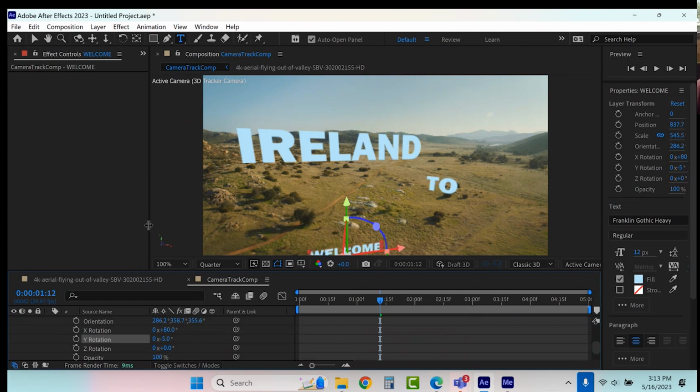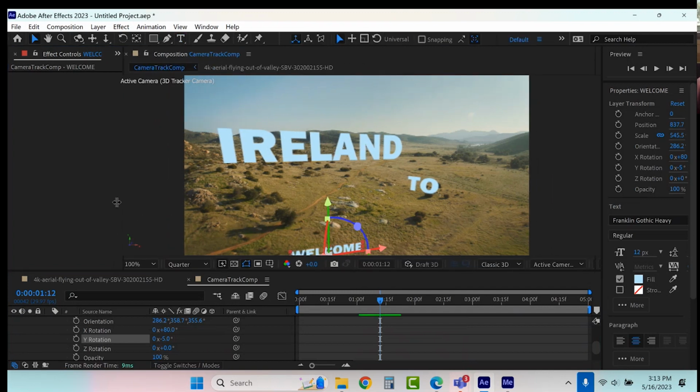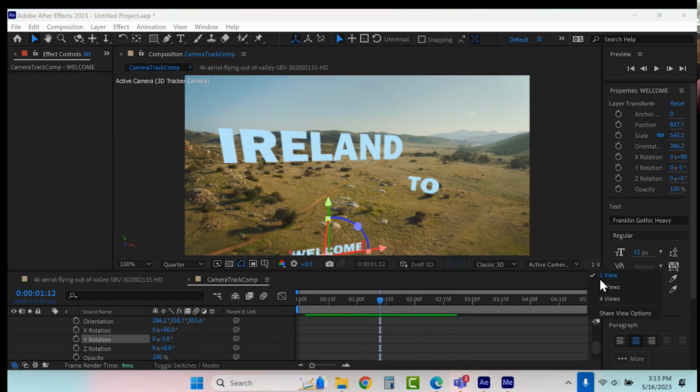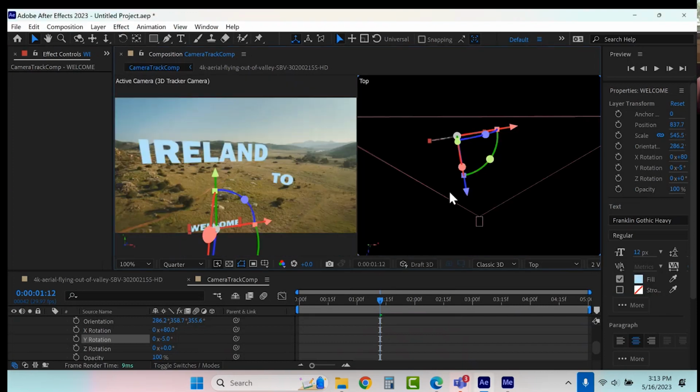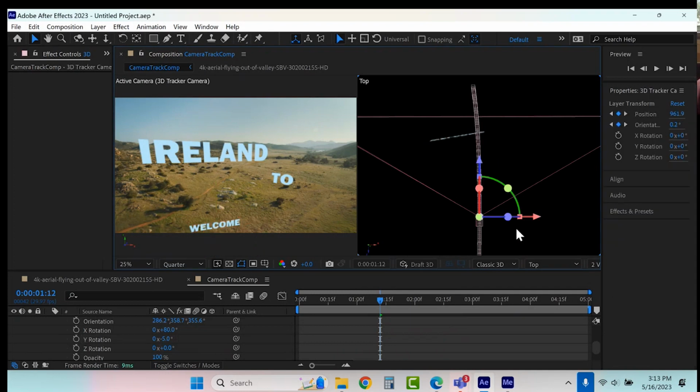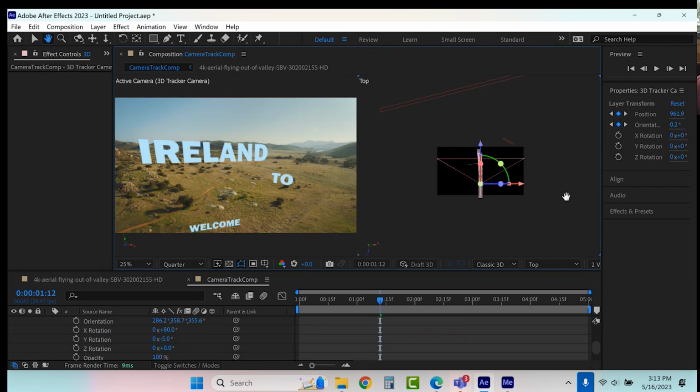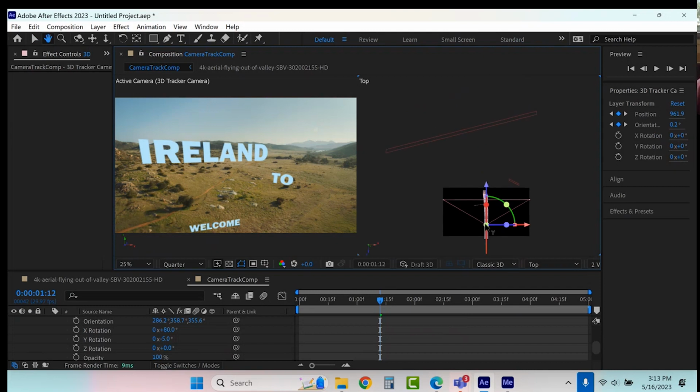Now, great question here. People will say, okay, I get it now, but what's the point? Well, if I give myself just a little bit more room here until I can see my two views, okay, here's my top-down view now. So here's my camera. And you can see here where my camera is and the movement it's going to take. See?